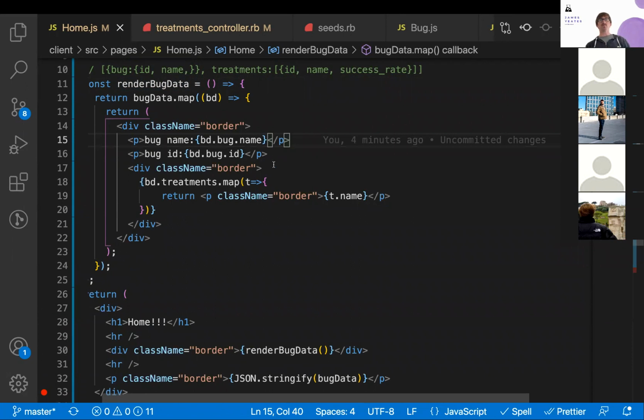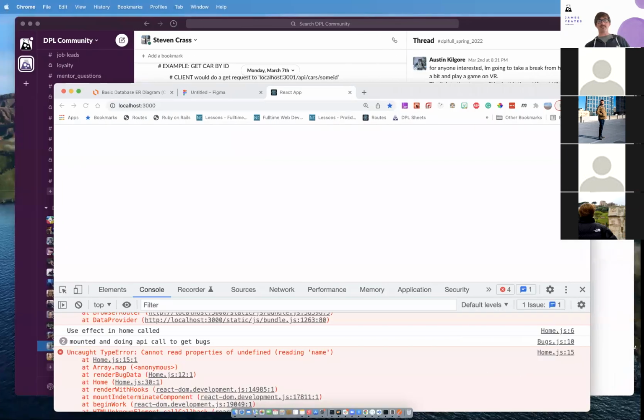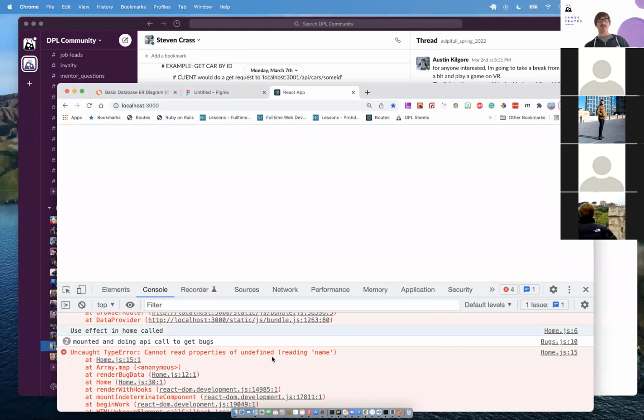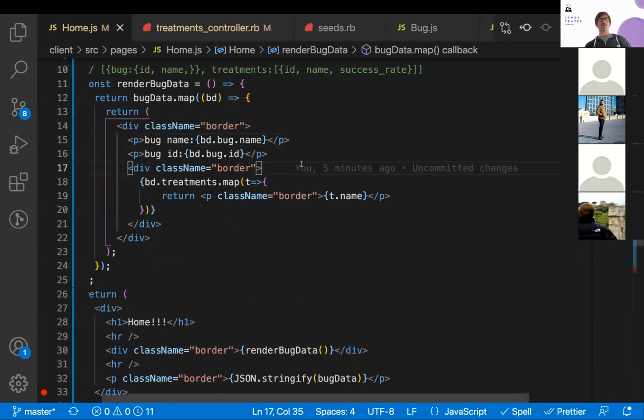I think you don't need to know how this works. You just need to know this error: it's on line 15, cannot read properties of undefined, reading name. I mean, it's so weird how they write it, but it's trying to get name of this thing that's undefined. So what exactly is undefined? It's bug, right? So bugs is defined, but bug is not defined. Why is bug not defined after